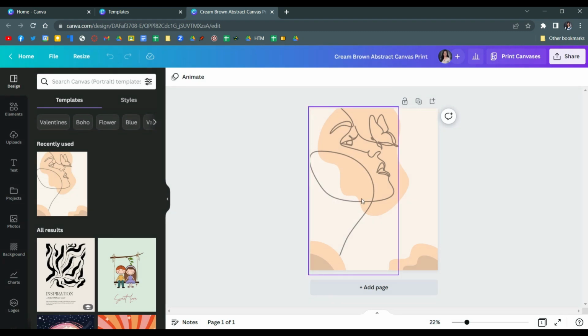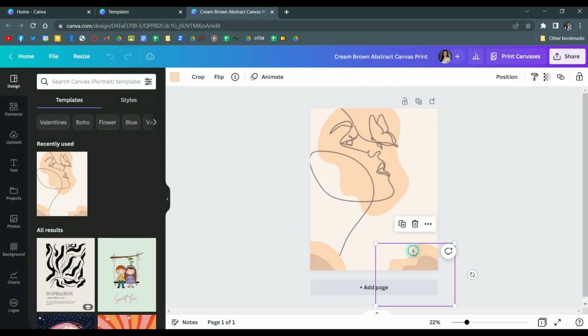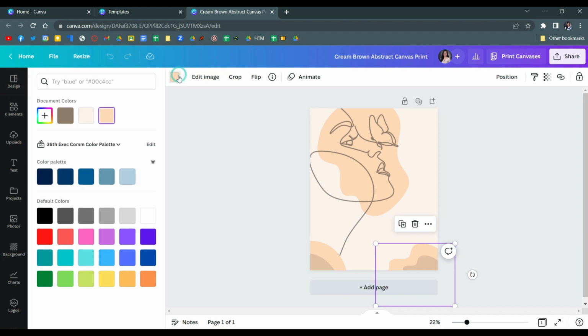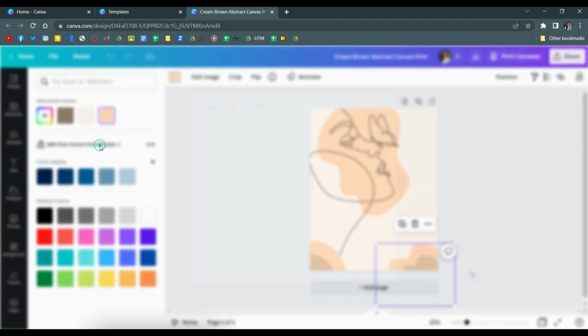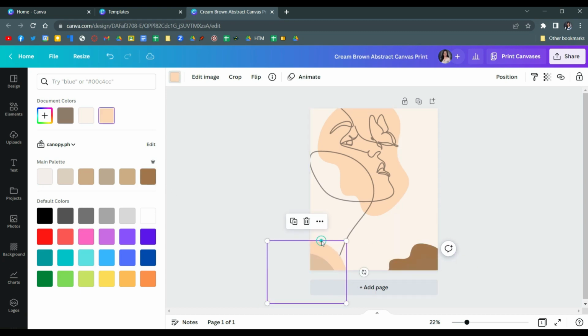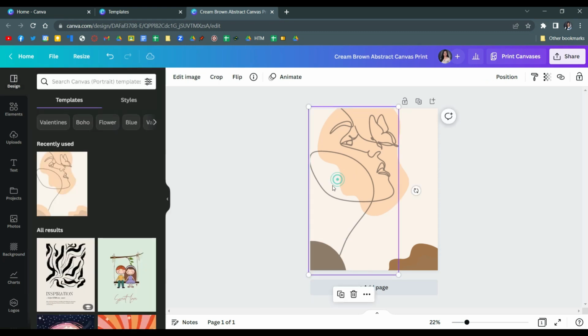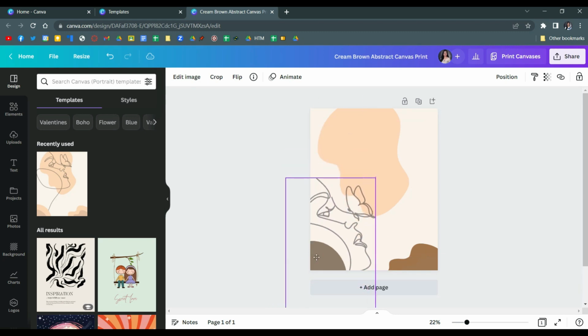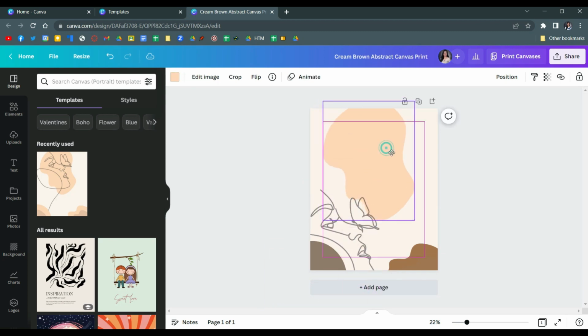And then make sure to edit everything to modify this design so that you can sell this on an online shop like Etsy. So here I'm just choosing a different color palette, but you can also just choose from the swatch or the color picker. And then here I'm just changing the colors, rearranging the elements